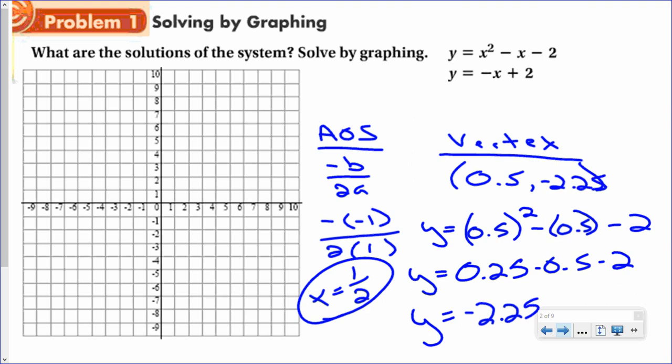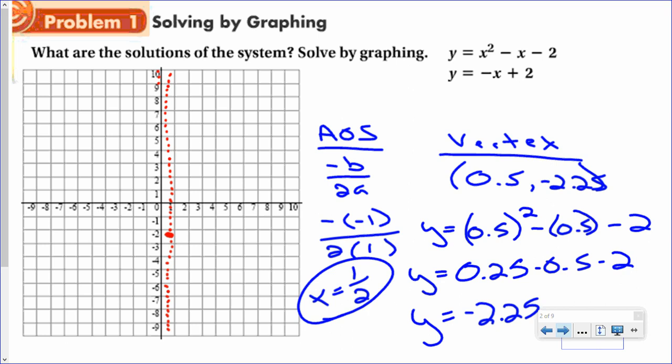Okay, so here's what we know. We could plot the vertex, which is located 1/2 to the right, but then down 2.25. Go forward 1/2, down 1, 2, and then right about there. That's also your axis of symmetry. Okay. All right, so now we're going to grab another point, and a really easy point to grab is 0,